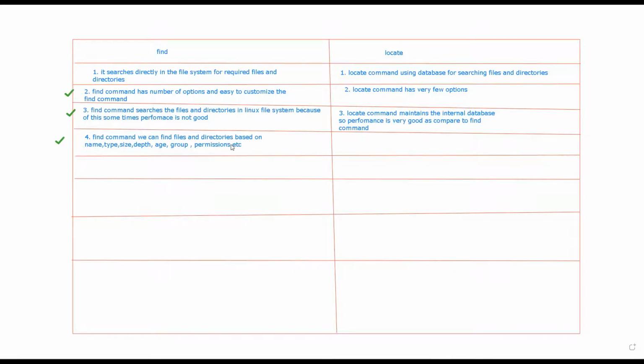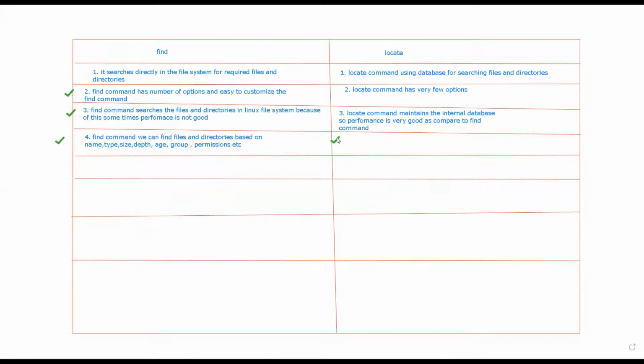If you want to search by permissions, if any specific file has read-write access, you can search the files based on the permissions, right?